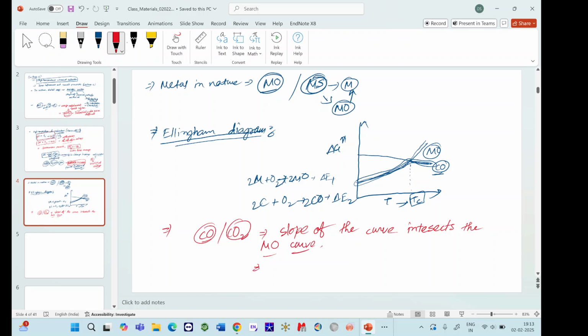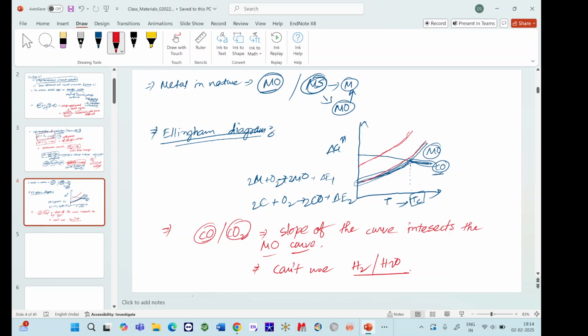Okay, so that is why we cannot use the hydrogen H2O couple, because in that case it follows a similar parallel path, so it will never intersect. Okay,